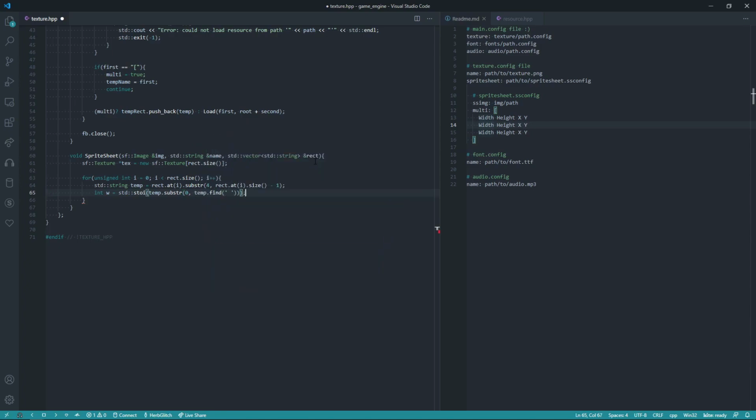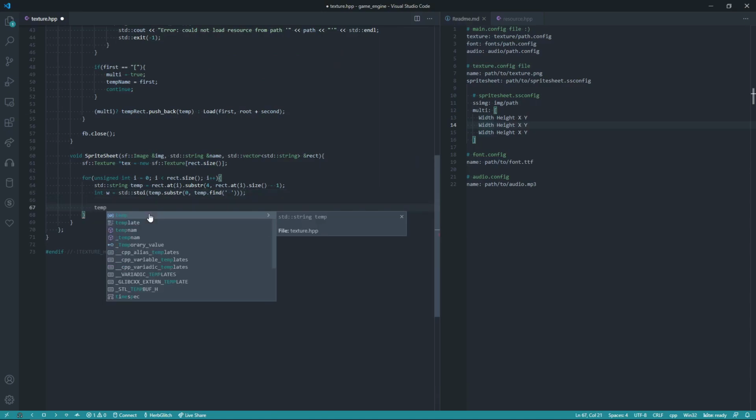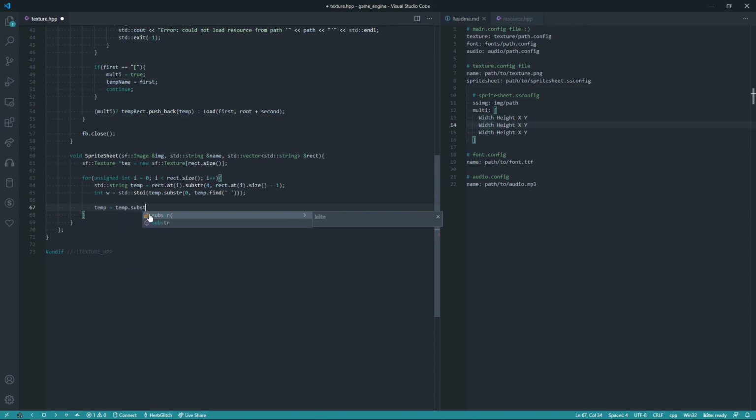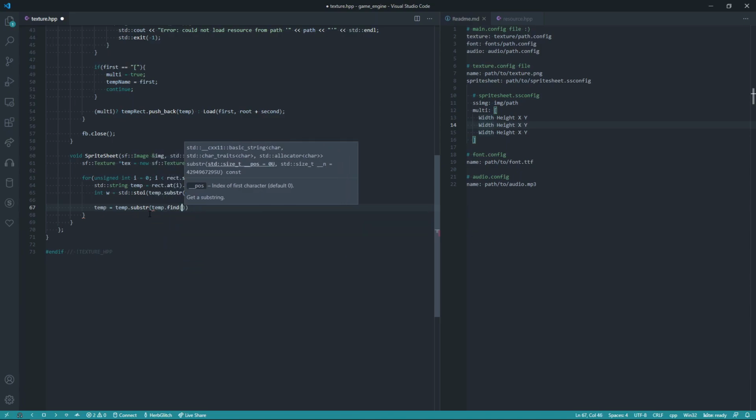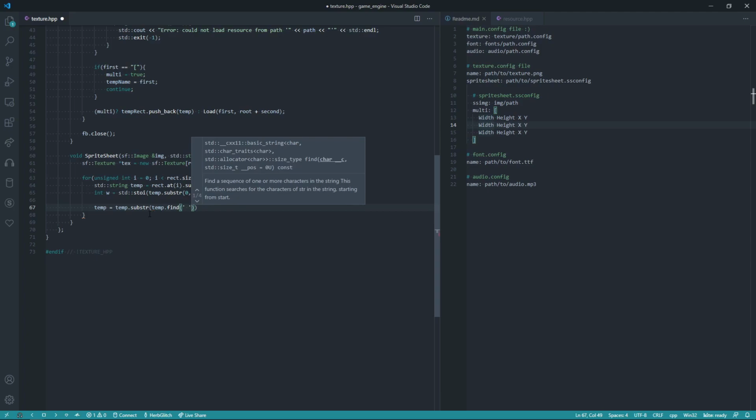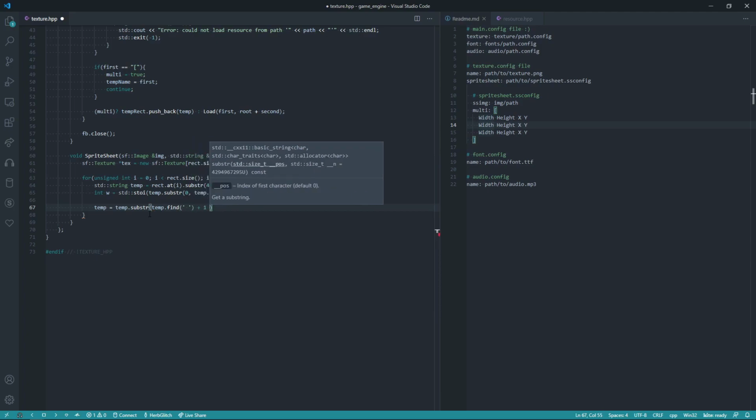And we can end that with a semicolon. And now we're going to get rid of the w from temp, so we can say temp equals temp.substring, and this will be temp.find, our space in single quotes as it is a character, plus 1 as we're skipping the character itself,